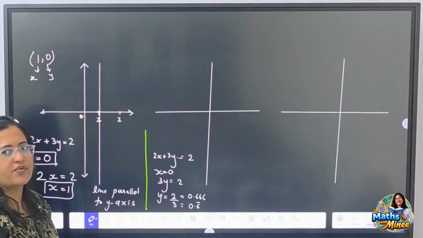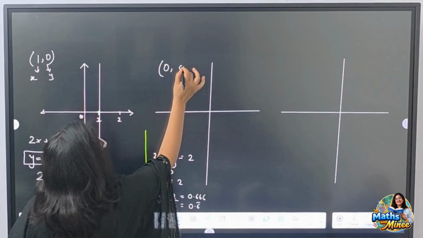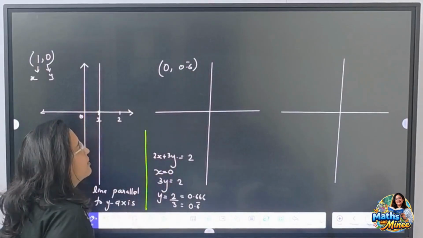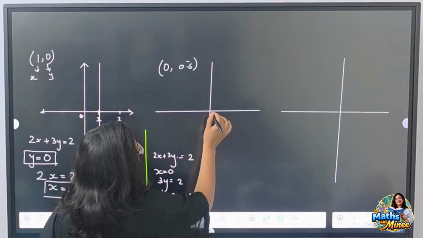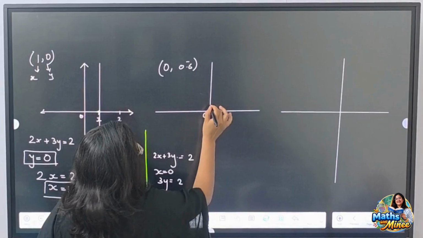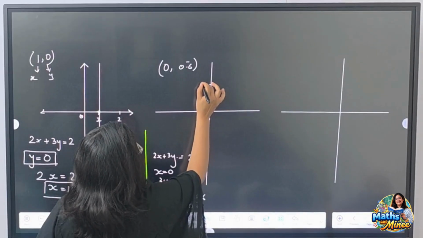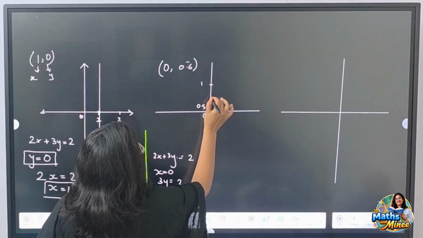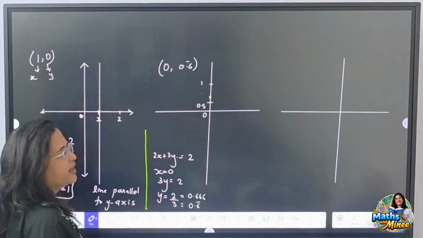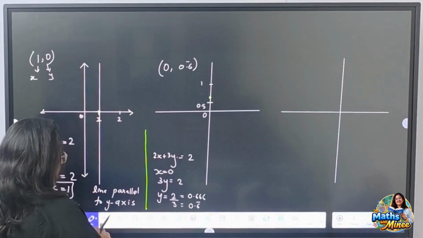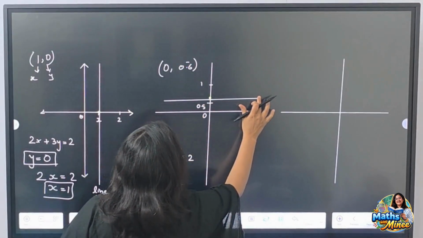Done? Now we have to put this point. यहाँ के coordinates क्या बनेंगे? The coordinates will be 0 and 0.6 bar. मतलब the value of x is 0 and the value of y is 0.6. यानी कुछ हम यहाँ पे अगर this is my origin, let us say this is my 0.5, let us say this is my 0.1, तो यहाँ पे somewhere over here I can get 0.6, right? Now if you want to represent it, यानी अब यहाँ पे अगर आप ग्राफ ड्रॉ करना चाहो, so your graph will be something like this which will pass